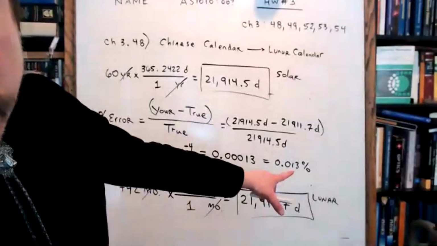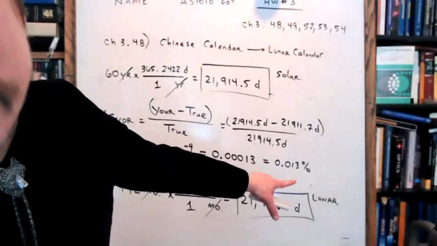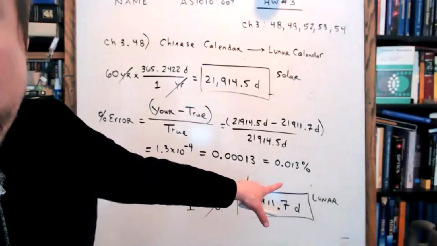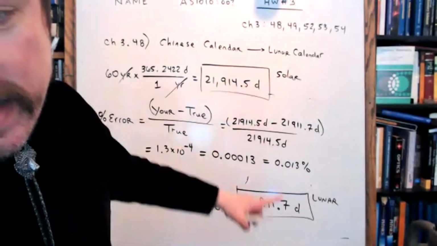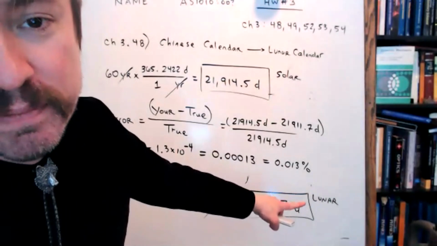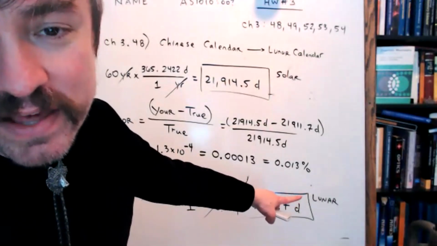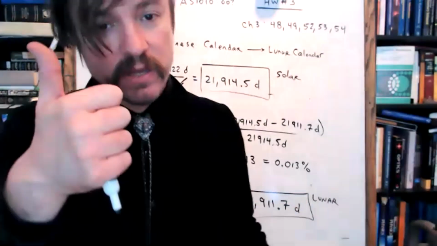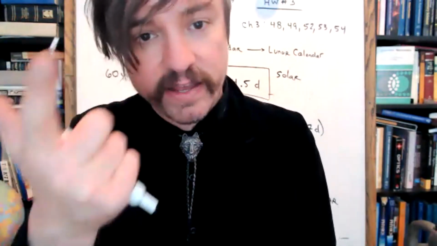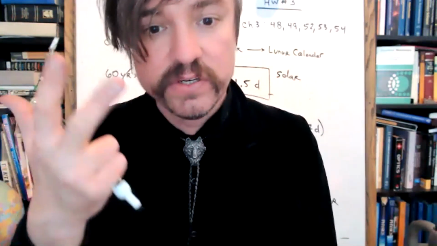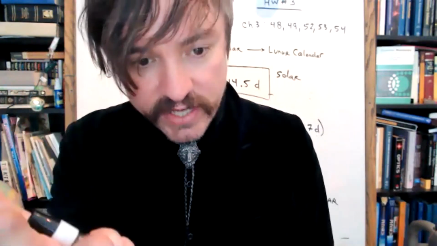Are these calendars close? They are 13 thousandths of 1% off from each other, meaning we don't have to keep a calendar by the sun. It is perfectly valid to worship the moon and design your calendar based on lunar cycles. The Chinese calendars are based on lunar cycles. The Arabic calendar that keeps track of the cycles of Ramadan are lunar calendars. So are the Jewish calendars.